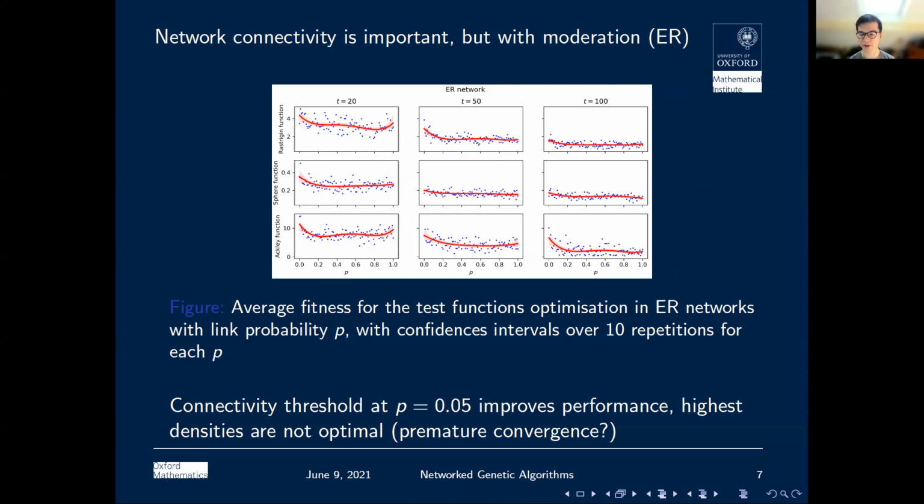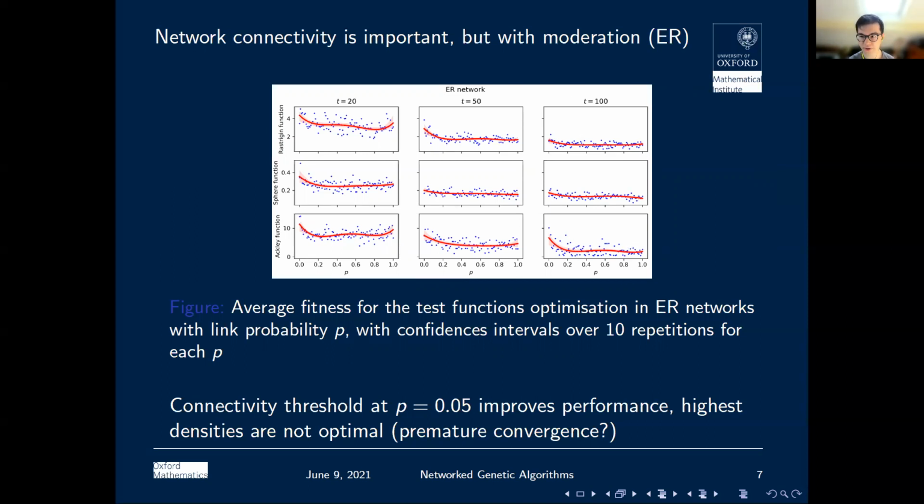The more puzzling finding is when you observe these polynomial fits of order 4. It looks like at these extremely high levels of connectivity, when we get close to a very complete network, so a P close to 1, performance doesn't seem to increase much. In fact, it even suggests that the performance might be decreasing, like the fitness increasing. And it looks from graphical analysis that there will be intermediate optimal levels of performance for intermediate values of P of connectivity.